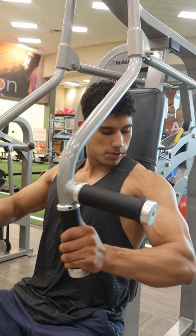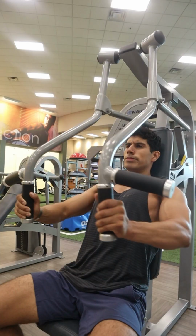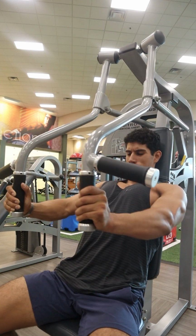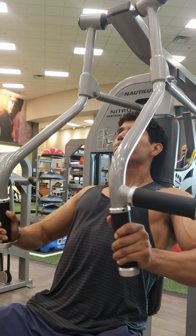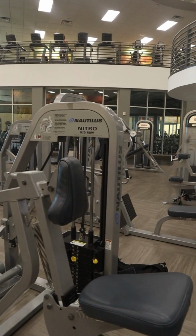If you don't have this machine, you could do any other flat press, or since you've already hit the middle with that chest fly, the upper chest with that incline hammer press, you could hit the lower portion of the chest with some chest dips, or if you have a decline hammer strength machine chest press. And finishing off the back with this Nautilus mid-row machine right here for the upper back is going to